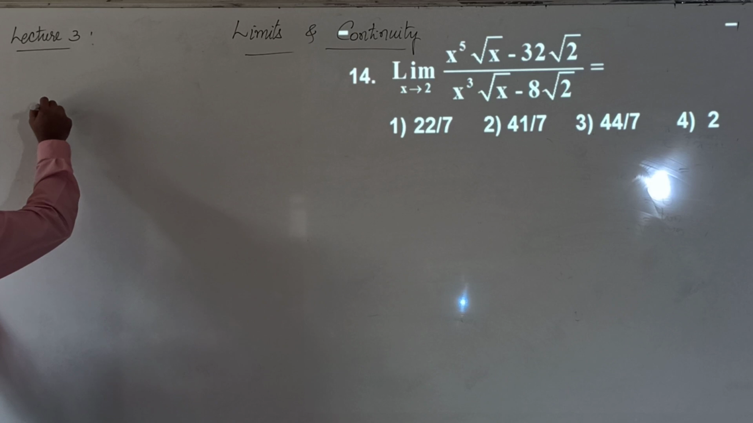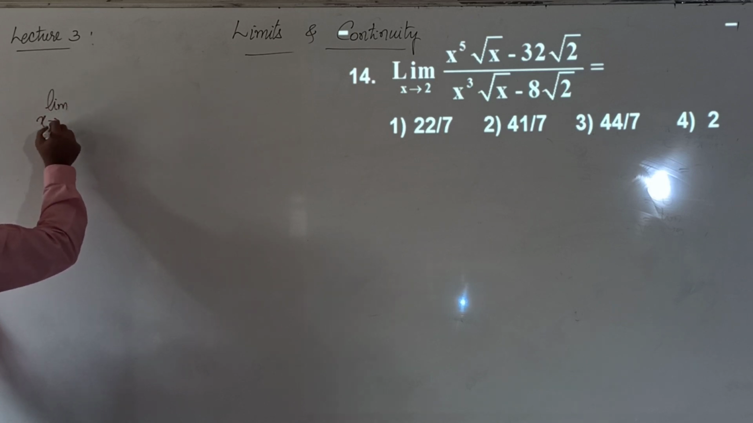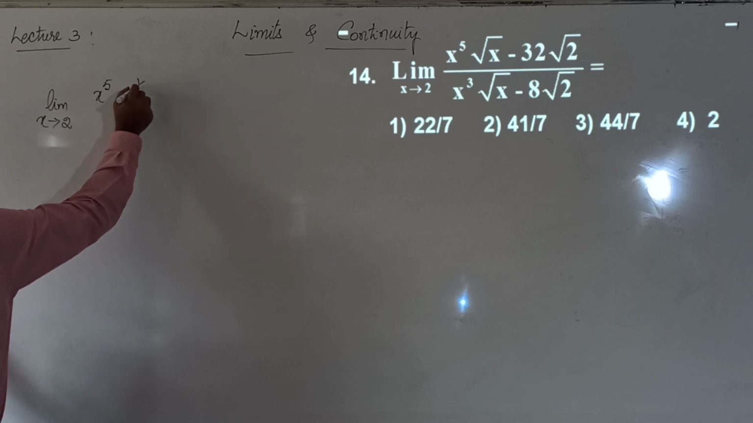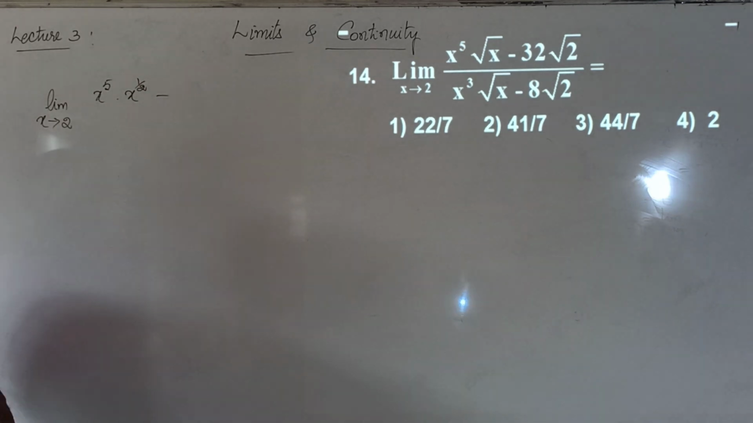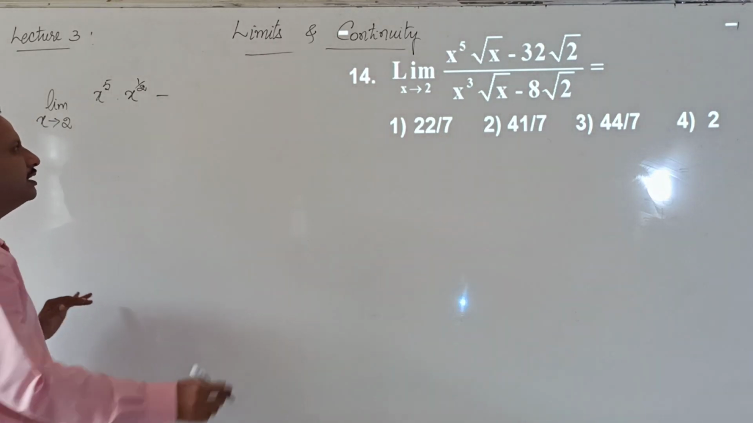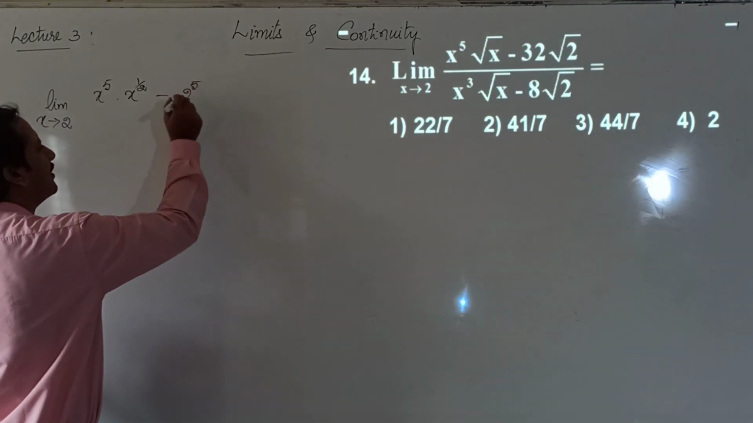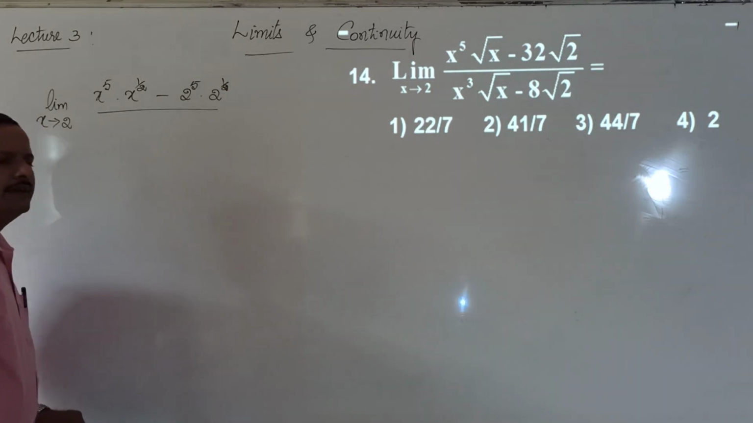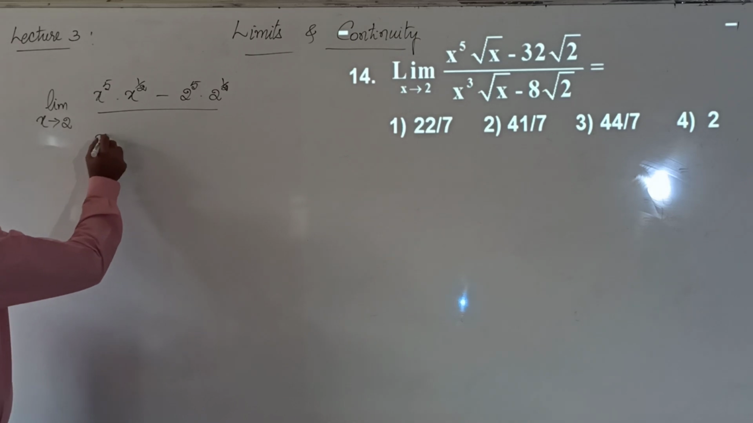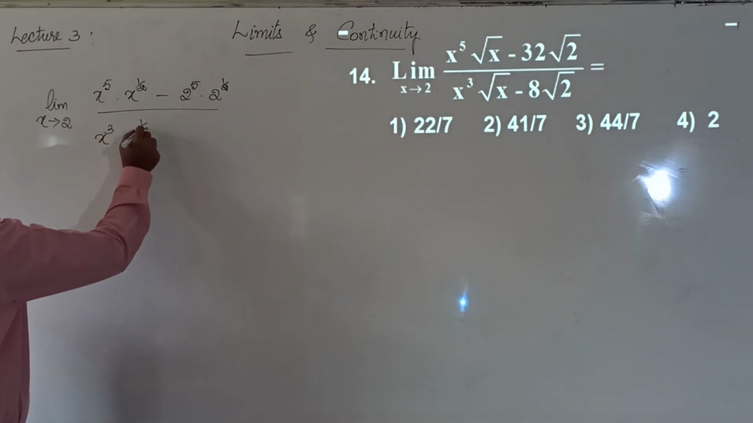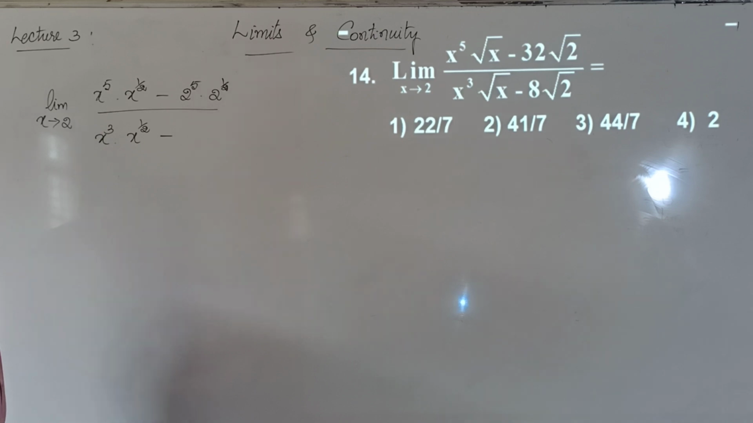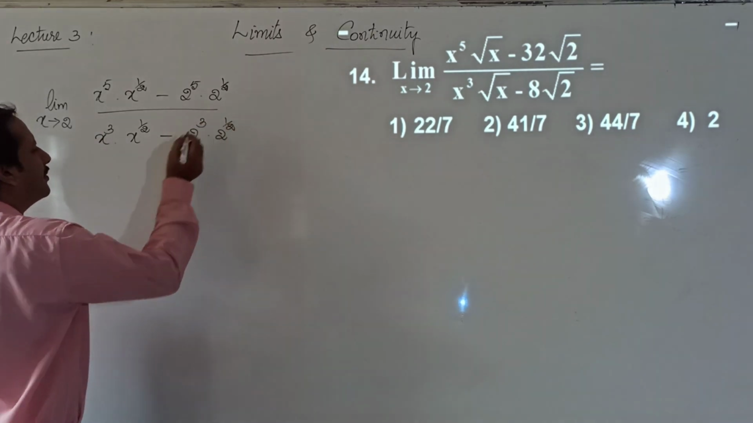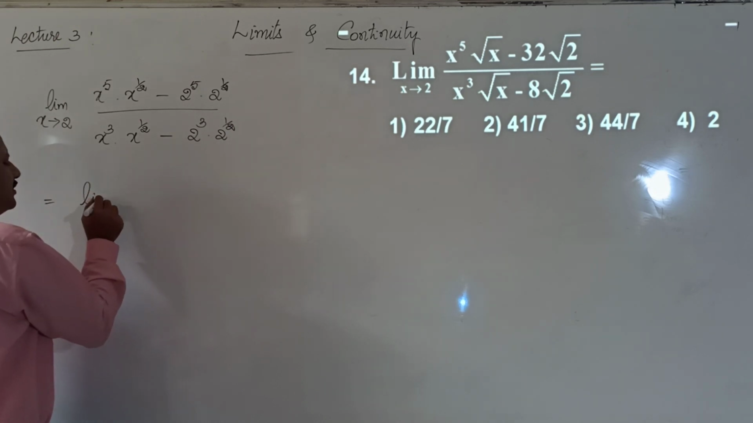Okay. So then limit x tends to 2, x power 5 into root x, that root x I will write as x to the power 1 by 2. And 32 is there now. 32 we can write as 2 power 5, into root 2, which I will write as 2 power 1 by 2, divided by x cube into root x. Root x I will write as x power 1 by 2, minus 8 root 2. 8 can be written as 2 cube into 2 to the power 1 by 2. Okay, that's equal to